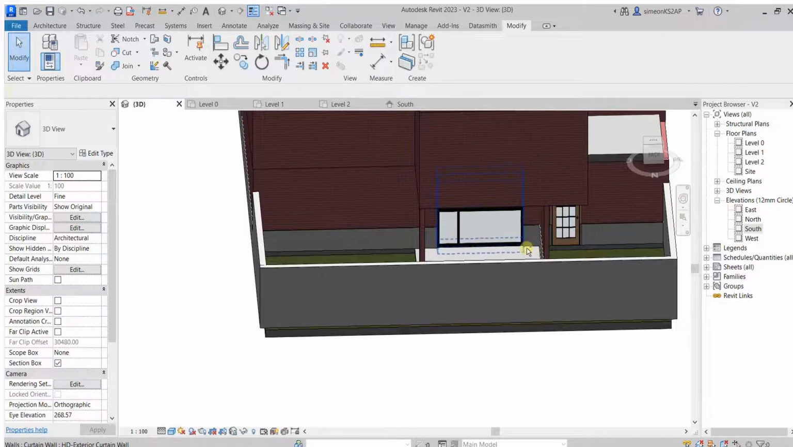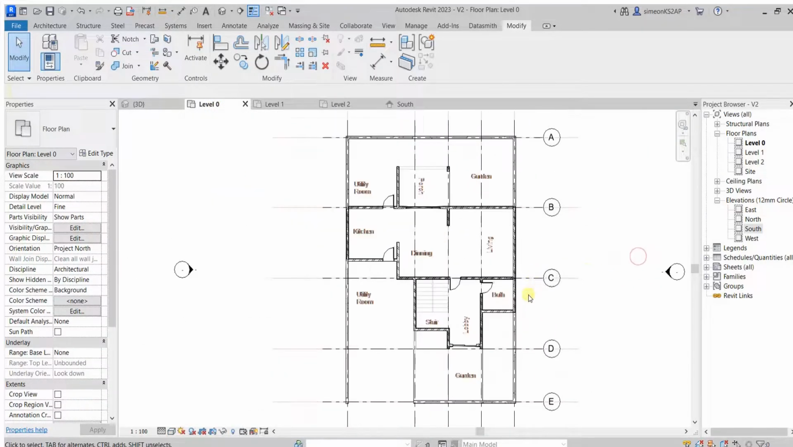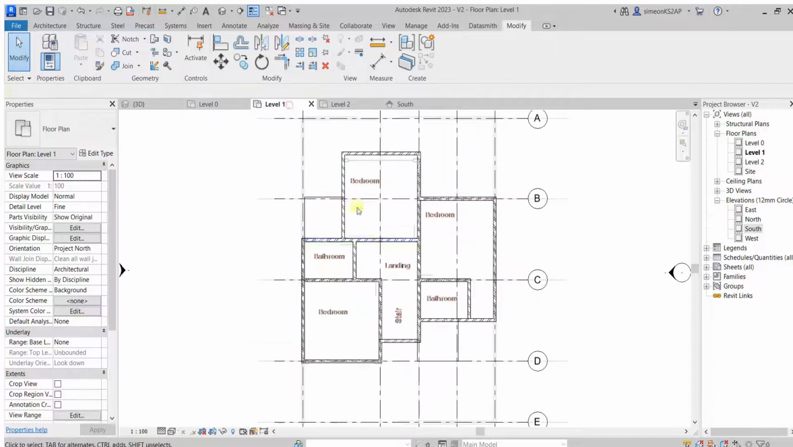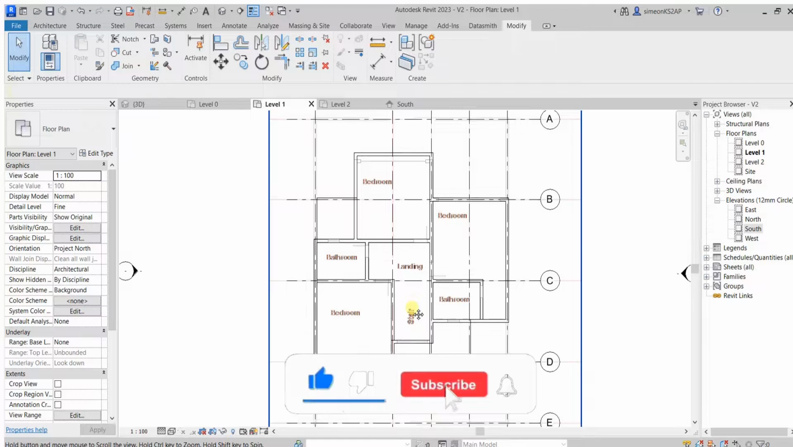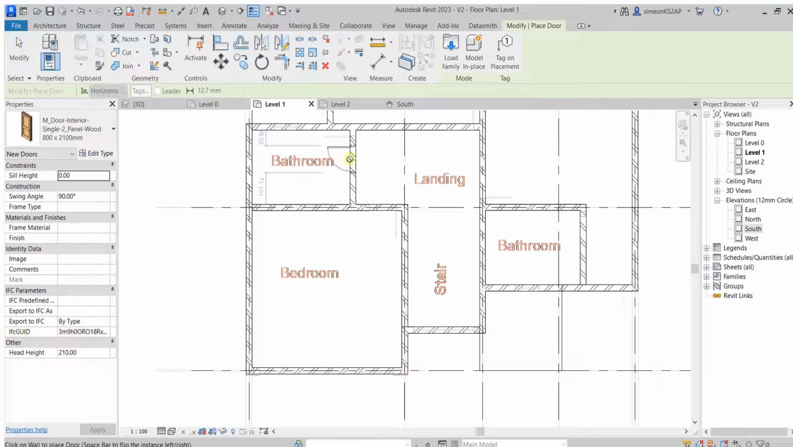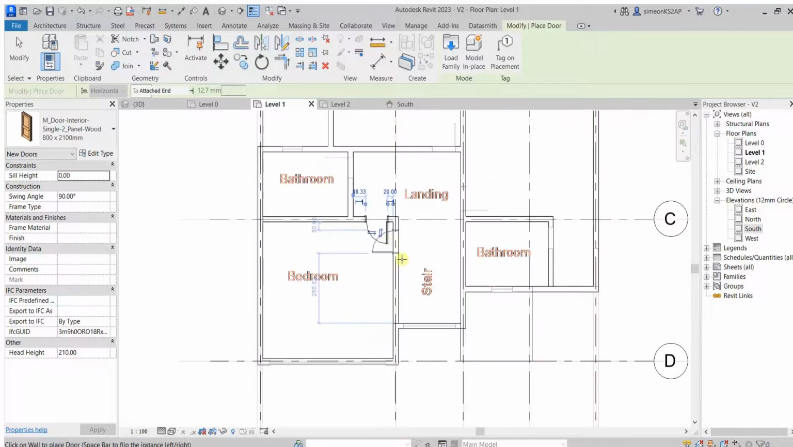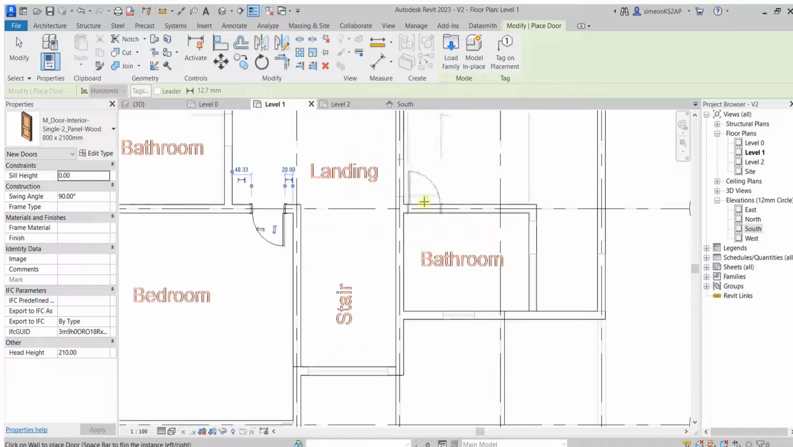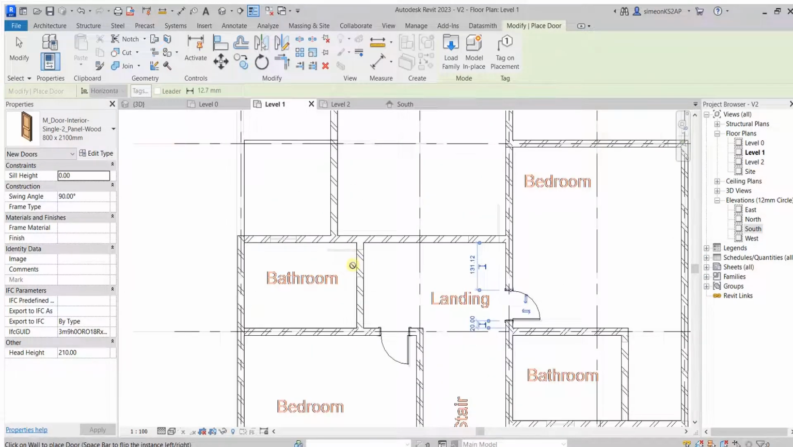Okay, let's now go to level 0. What we are going to do is go to level 1, and we are going to do the same. I prefer to be done with a particular object and then go to another after. So I pick the same interior door, place it here, place another one here,